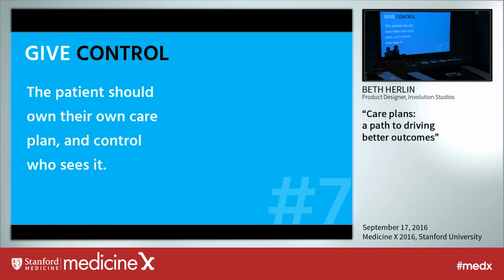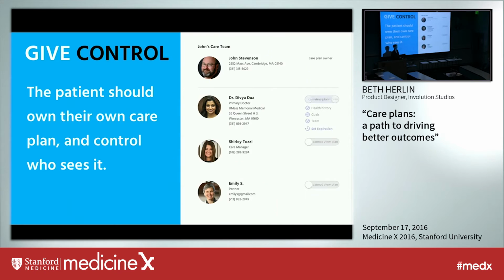And then finally, the last design principle I'll talk about is the idea of giving control. I know ownership is kind of a tricky term when it comes to patient information, but ideally the patient should own the care plan and control who sees it. A really simple concept for something like this is just allowing the patient to toggle on and off the different care team members, what they can see, not only the entire care plan, but specific elements of that care plan. And then maybe even setting an expiration date for how long that person gets to see that information. That can also be relevant for giving the patient the option to donate data to research efforts as well.